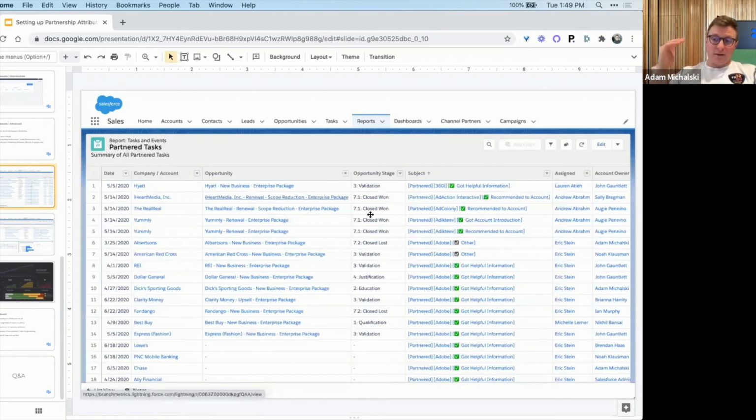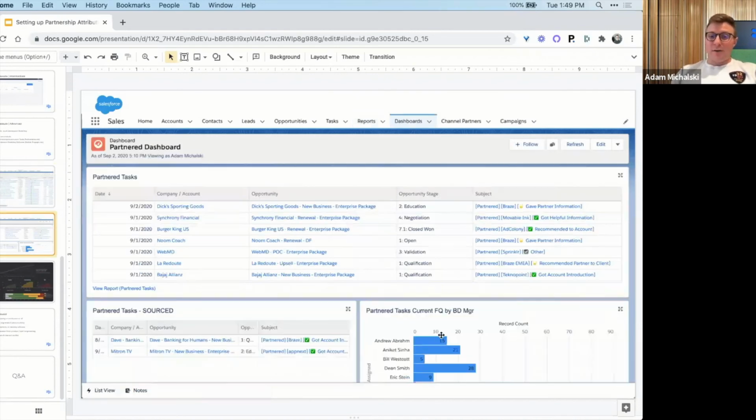basically covered every single partner touch point, and each one of them would get labeled at the end of that touch point on whether the partner was helpful, were they unhelpful, or did we help them? And if they were helpful, you ask, okay, what exactly happened? Did we get an introduction? Did we get a recommendation? Did we get information? All of this was sent directly into Salesforce, which allowed us to run